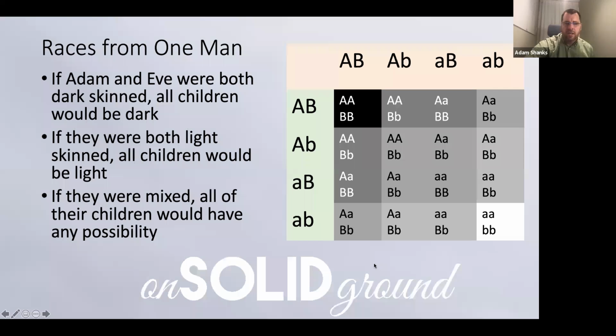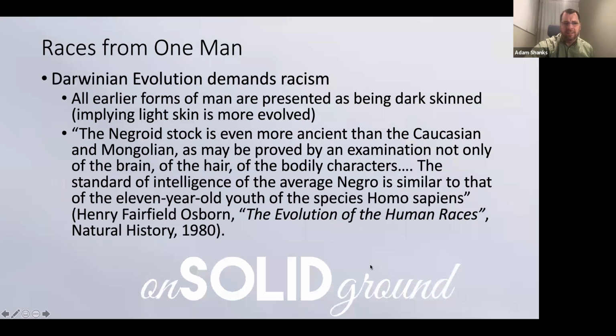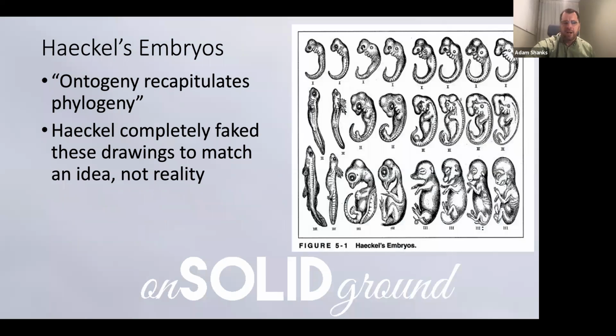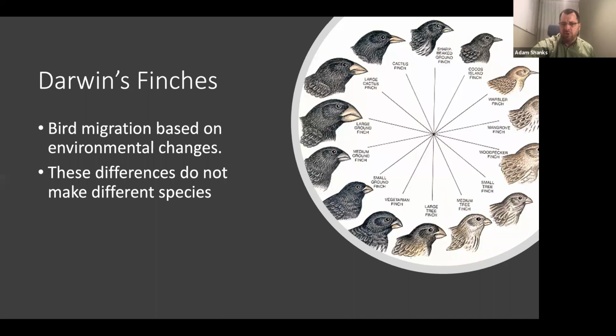I want to come back and talk about races at the end, but just kind of speed things along here. Again, all of these charts that I'm showing here, and I'm not going to spend any time on them because I want us to have more discussion, all of these charts, none of them prove evolution. Every single one of them runs the possibility of being a hoax.